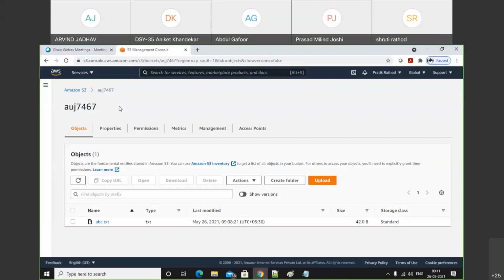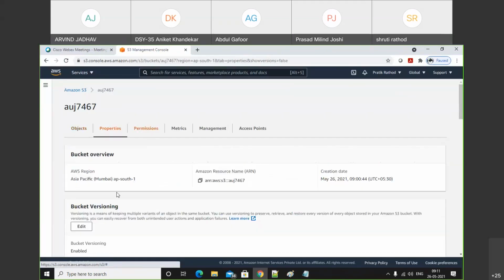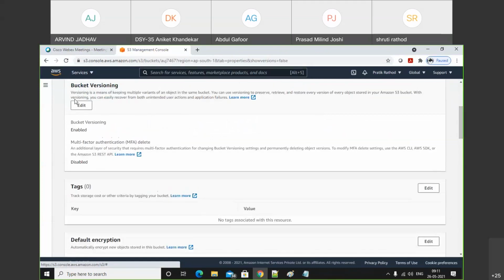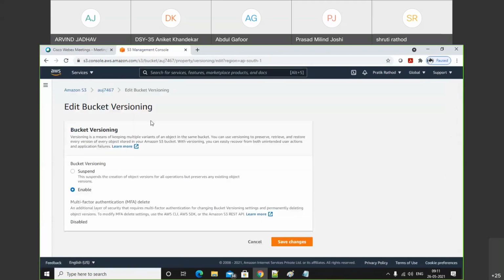So did you get that concept, or do we need to revise this section? Where do we get the versioning? Click on the properties and just enable the bucket versioning. Let's add the bucket versioning. So right now it is enabled. Want to disable?